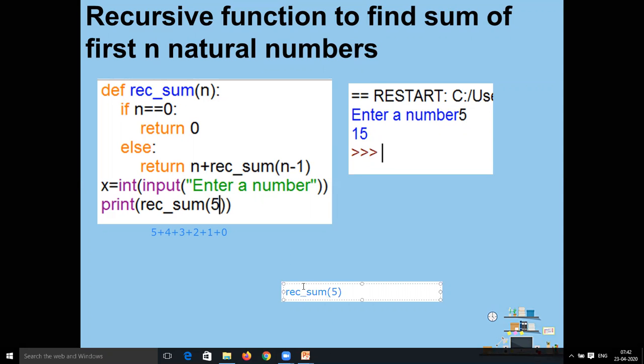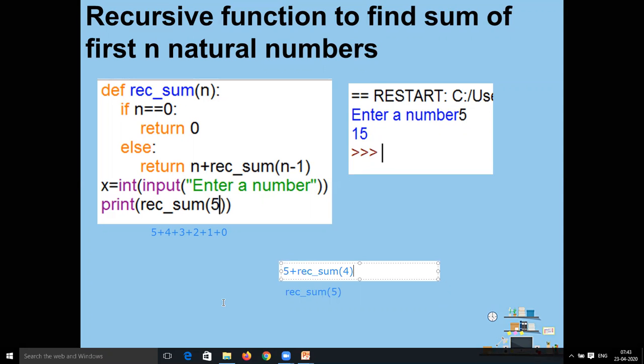As soon as this call occurs, it goes to its definition and executes it. After executing, it will return 5 plus rec_sum of n minus 1, that is 4.